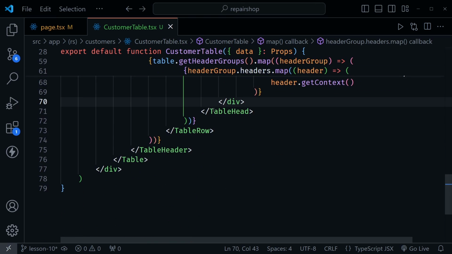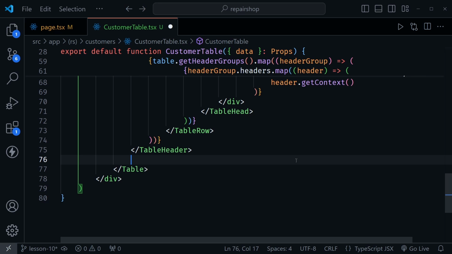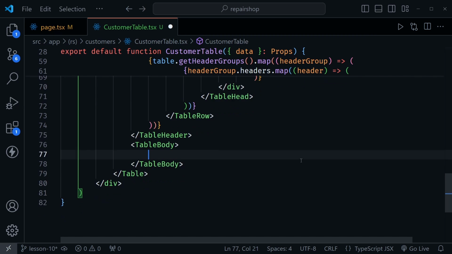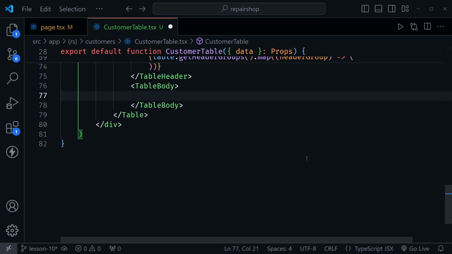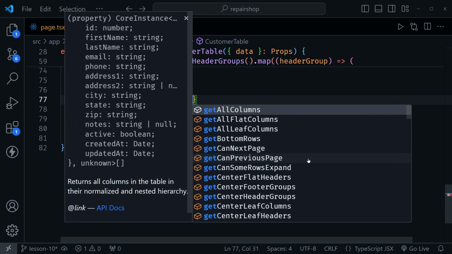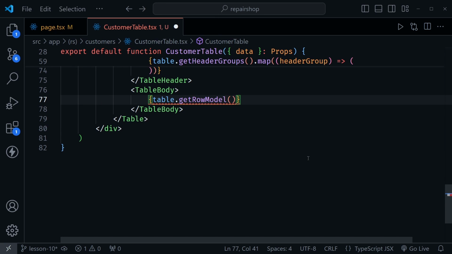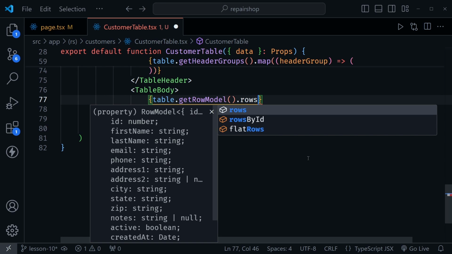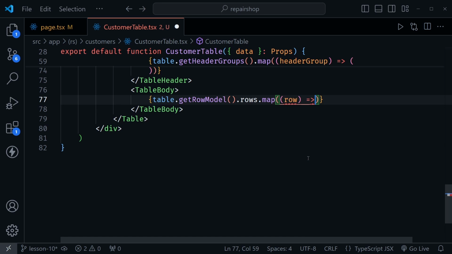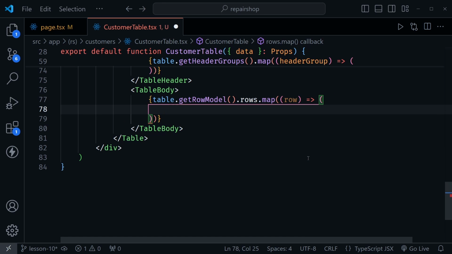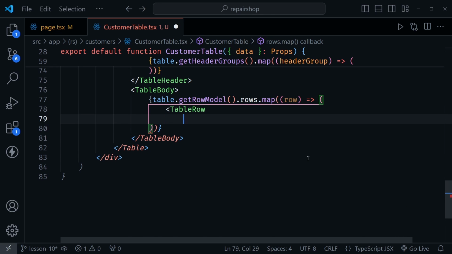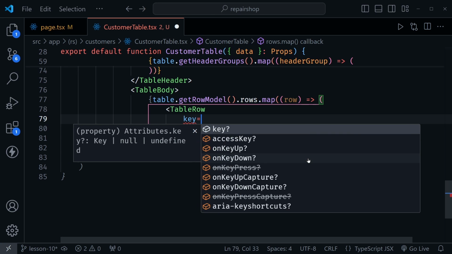Now, if that wasn't complicated enough, we just created the table header. So after that, we need to go ahead and create the table body. So let's create some more room for this. We can add the code that goes in the table body. Once again, we're going to reference the table and then call get row model. That is a function call. Then we'll have rows and we'll map over the rows. So now for each row here, I'll go ahead and use parentheses to keep the same pattern going. We'll start our table row. Now I'm going to come down to the next line because we're going to have several things here. I'll set the key equal to